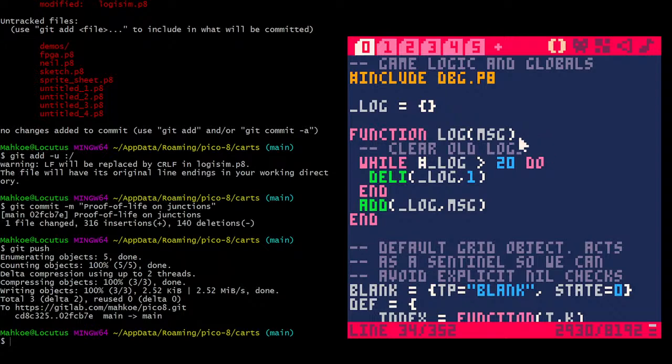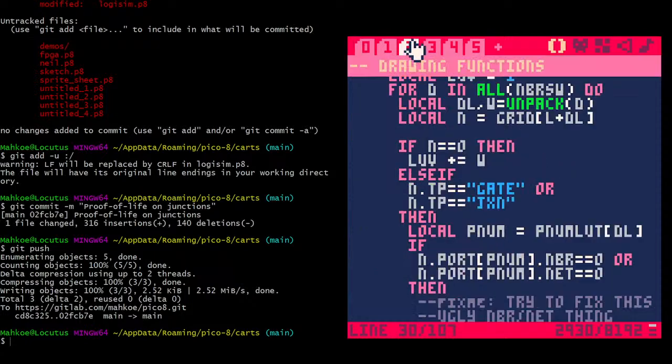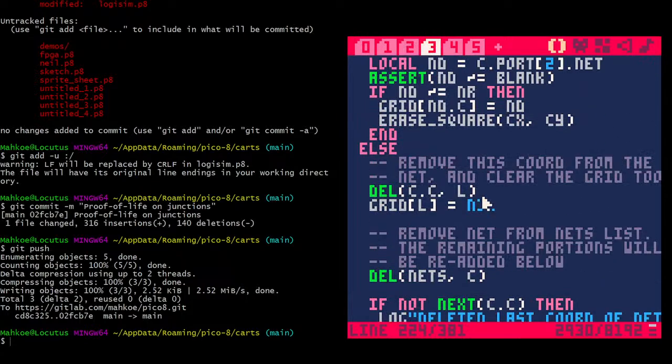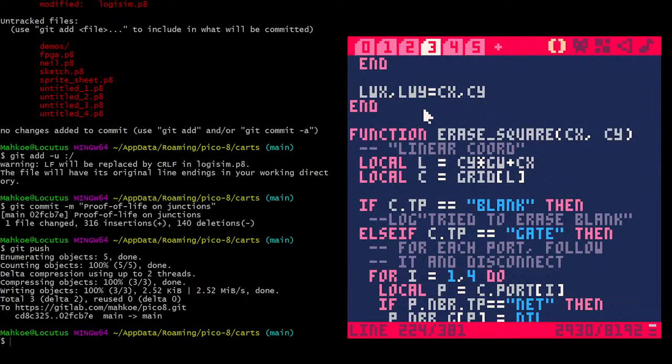Let's do 2 things. First of all, let's make this a bit bigger. 64, why not? And also, let's go in here into erase square and do,